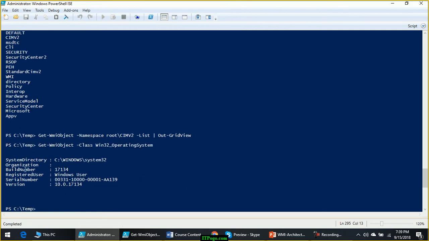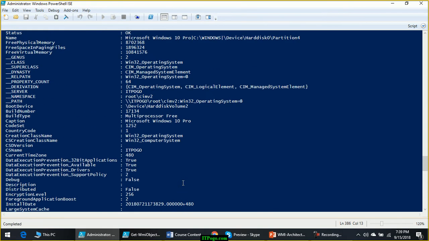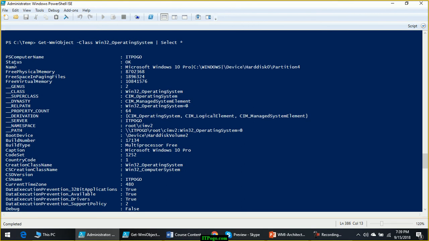So here it is giving a few default properties. If you want all the details, you can pipe it to select star or format list star. Now it is showing the complete details about the operating system. What is the computer name? What is the status? What is the name?